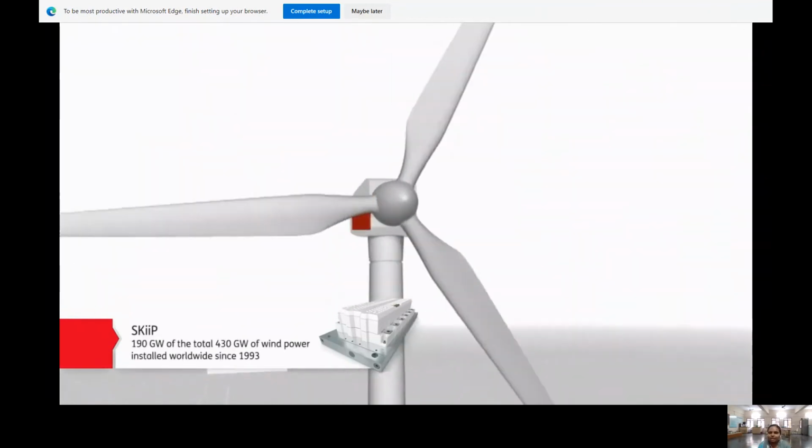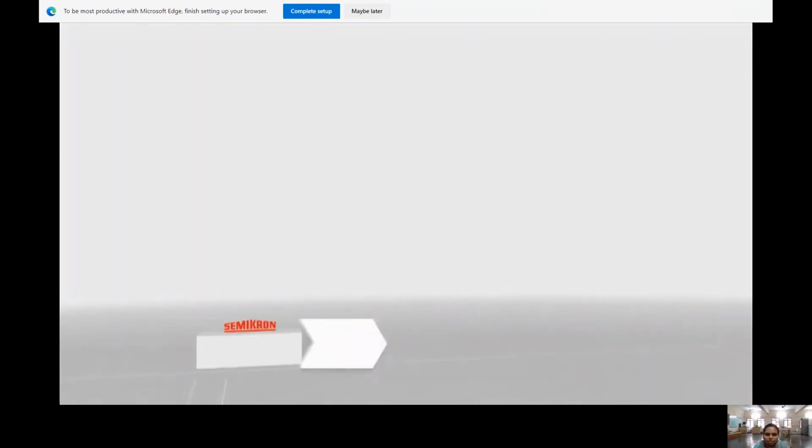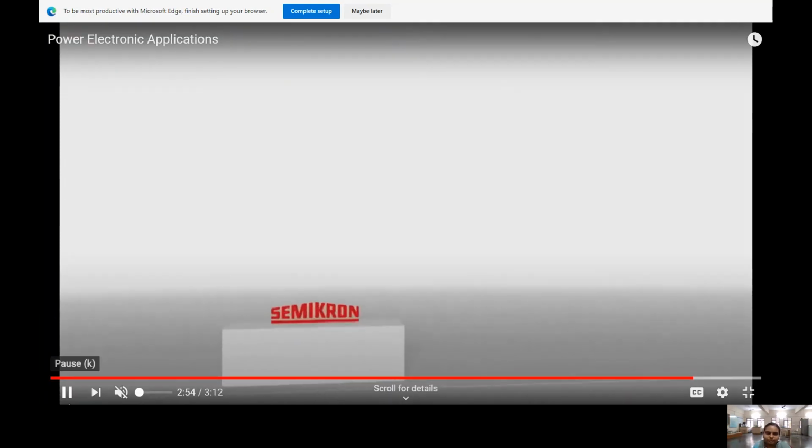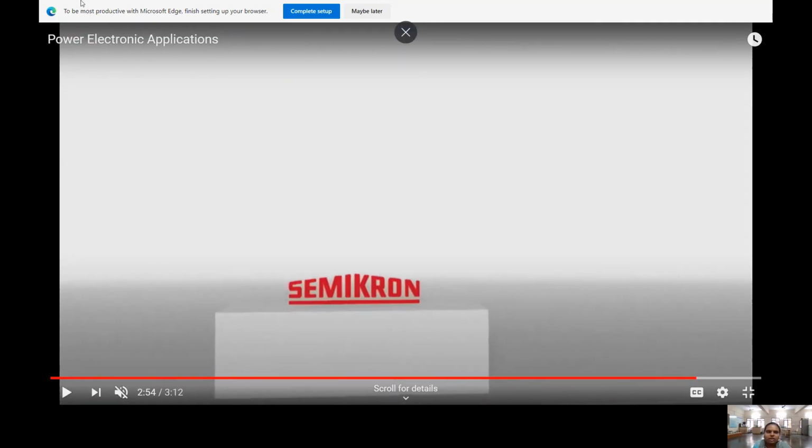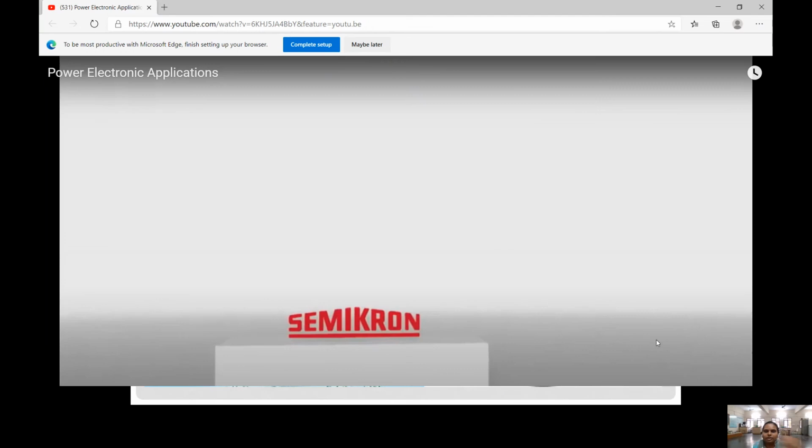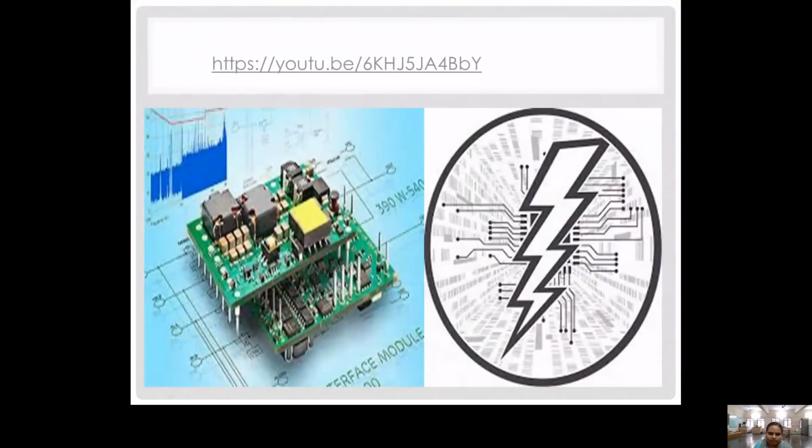It depends on where we are going to use it. These are some of the applications where we can go. These are some applications where power electronics, from small device to industry level, we can use.